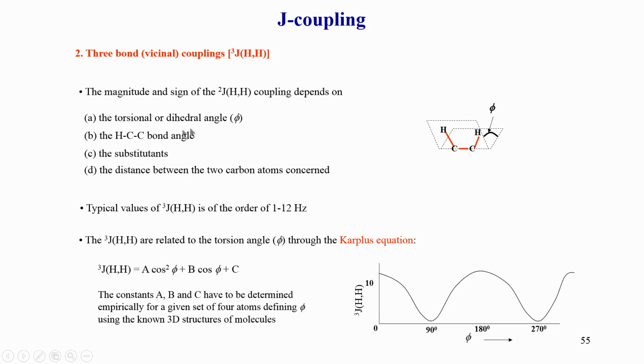The torsion angle, or also the dihedral angle, is basically this angle, and the coupling between these 2 hydrogens depends on this angle by this equation. The very famous Karplus equation was proposed way back in the 60s, and it has this form. It is a cosine function, cosine square plus cosine. So, you can see if I know the J value, I can guess the phi value from this. Of course, it has multiple possibilities, but still I can narrow down the possibilities.